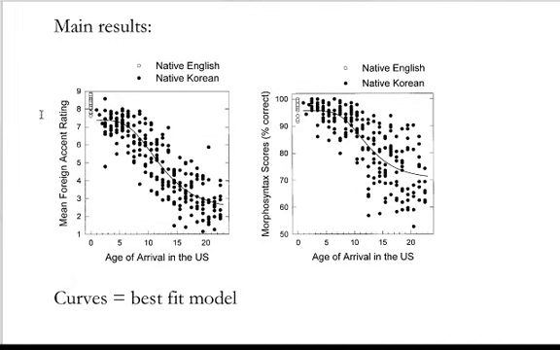And so the curves in these graphs, you can see this sigmoid curve here with two discontinuities in it, and the same thing here, flat line, decline, and then flattening here. These curves are the best fit according to their statistical criteria. Right? So that means that these sigmoid curves fit the data better than a straight diagonal line down. Right? So they compared these two models and found that the sigmoid curves are the best models here. And I think any common sense interpretation of this paper would say, well, I guess that is the findings of the paper, that the critical period hypothesis matches these data better than the steady decline AOA model.